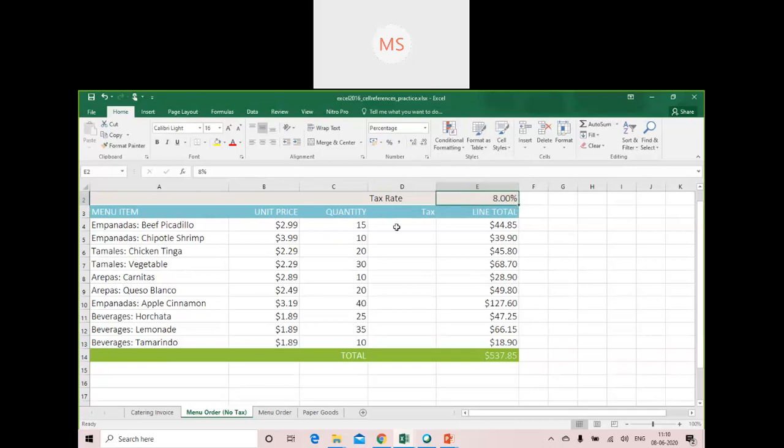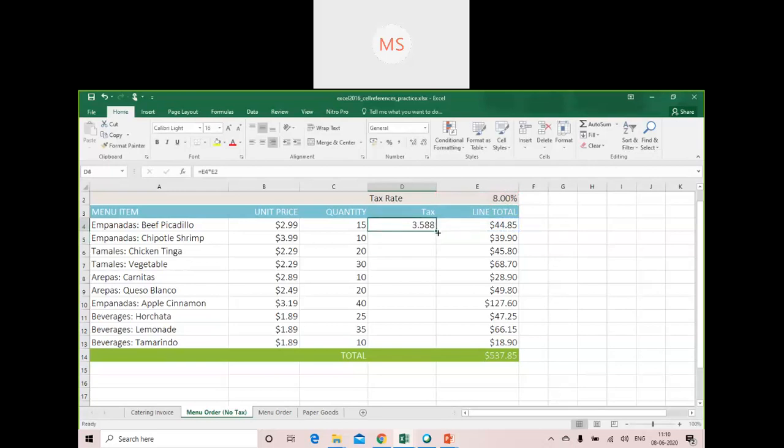Now what I do, I perform the tax calculation. I need to calculate the tax on this particular amount. So tax on this particular amount is going to be line total multiplied by the tax, that is the 8%, and then I click on enter.